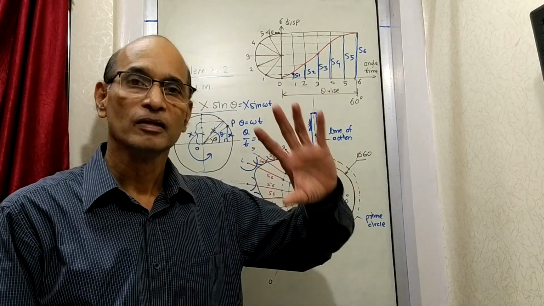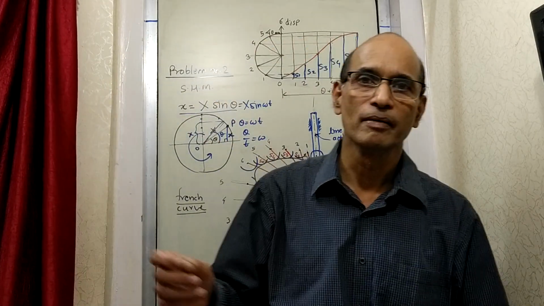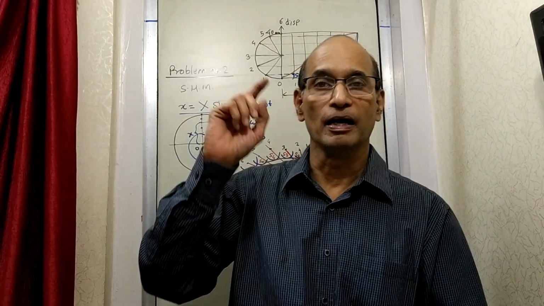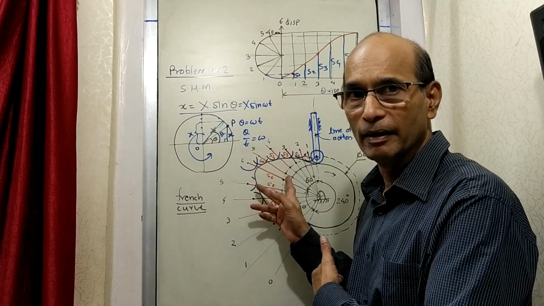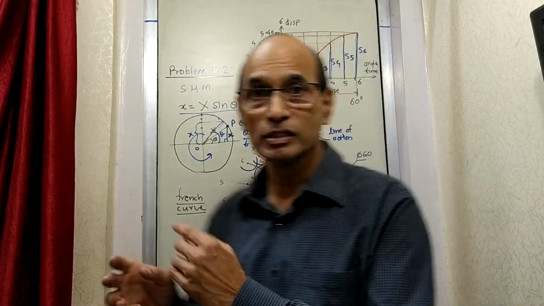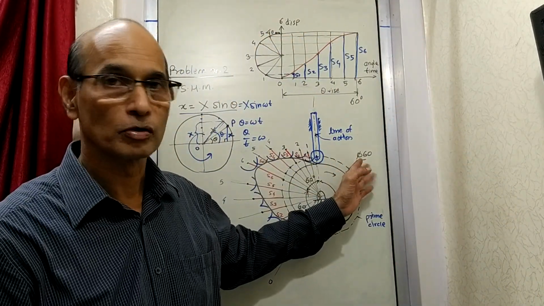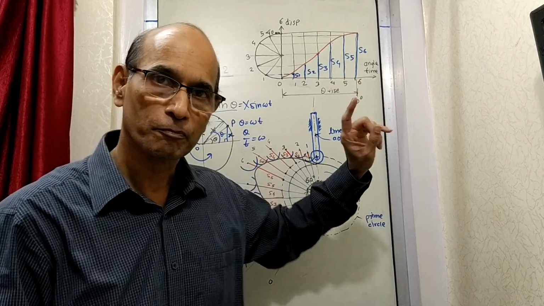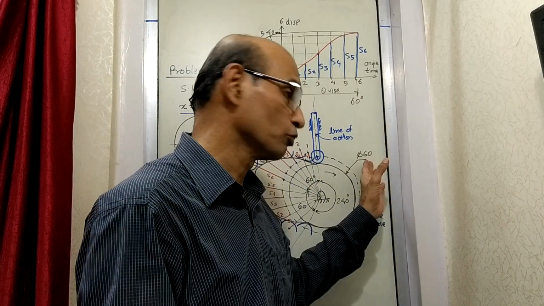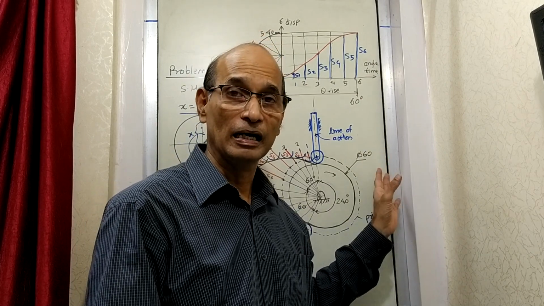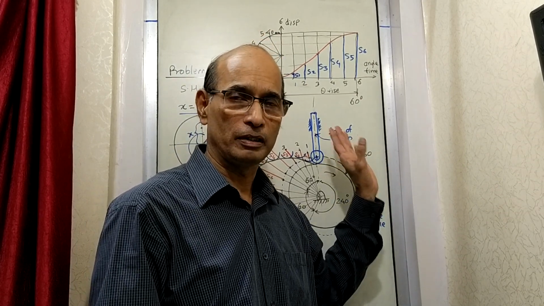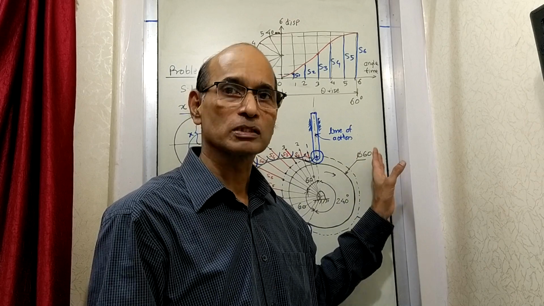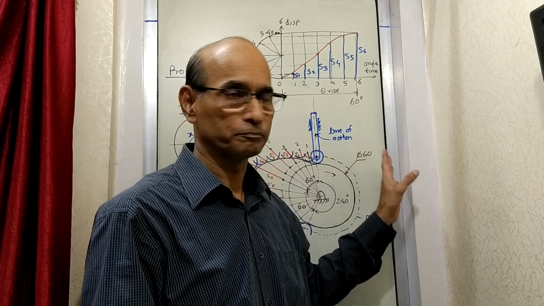Suppose some student by mistake, instead of 60 mm, has copied down, let's say, 50 mm. Then obviously he will draw 50 mm and write 50 mm. So it is proof that this is wrong, because the student has written 50 mm where 60 mm is asked. Therefore, the data which is given you have to mention, so that it is clear whether you have used the same data or some other, wrong data.